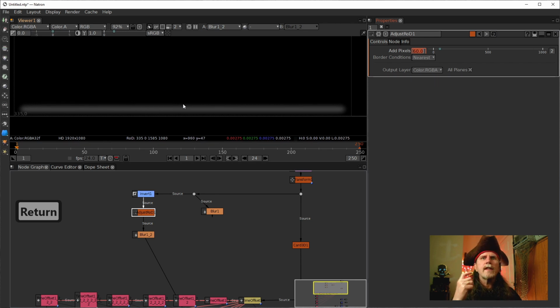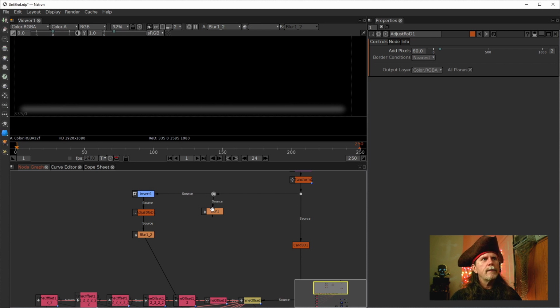It also gives us a little bit of a black buffer, because we need to get rid of this line. And how are we going to do that? Well, we're going to bring this point back a little bit. We want to pull this blur back, and we basically need to crop this out. And how are we going to crop this out? Well, we're going to take the original source here,